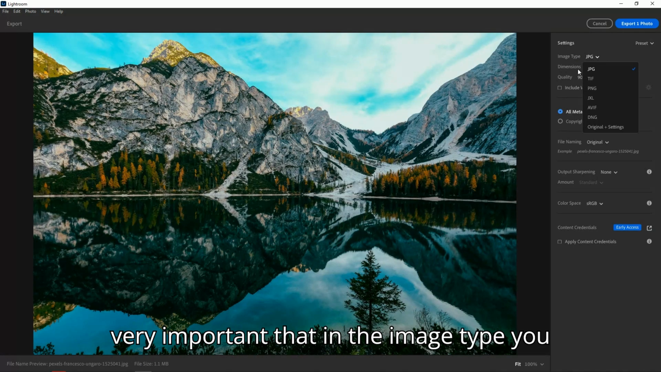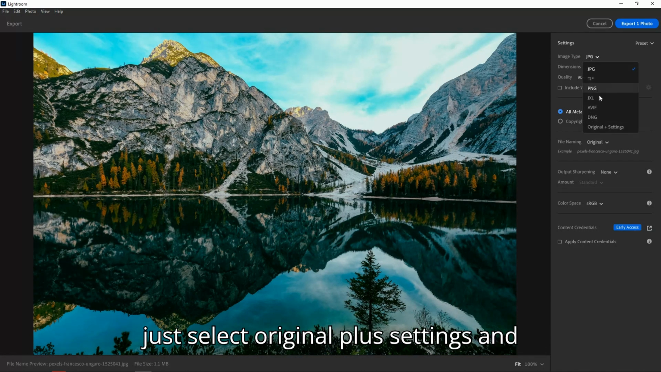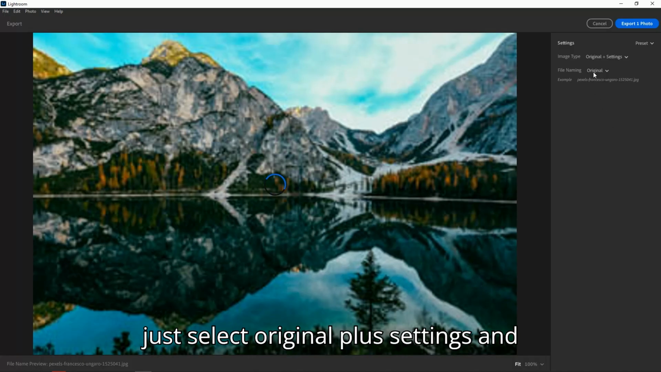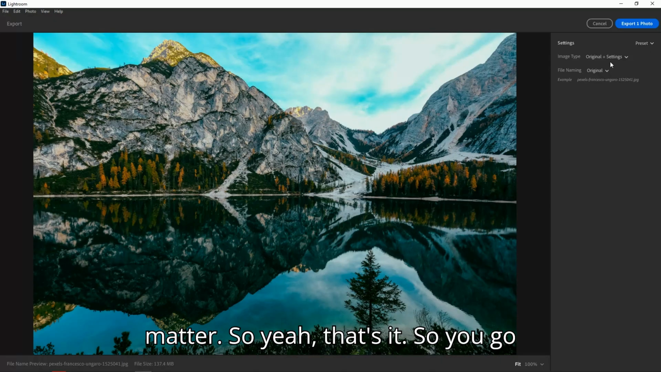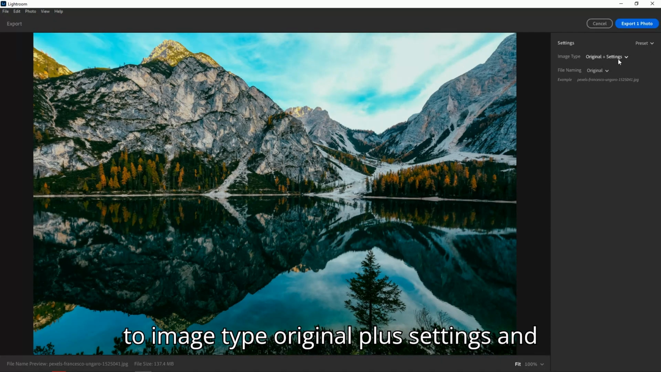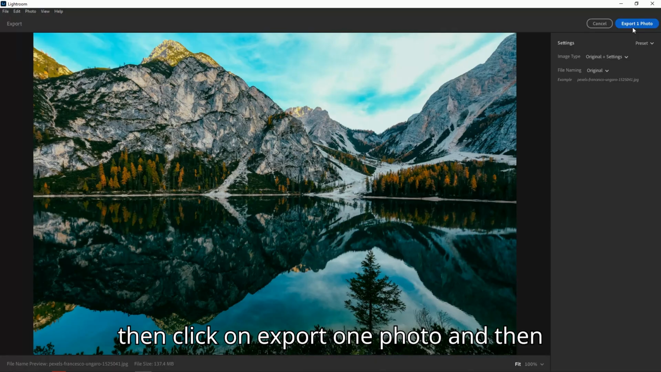here it's very important that in the image type you just select original plus settings, and here in the file naming it doesn't really matter. So yeah, that's it. So you go to image type, original plus settings, and then click on export one photo,